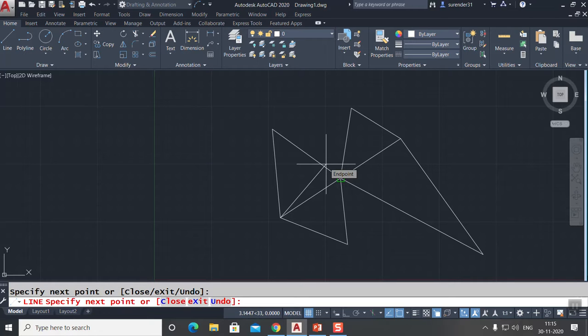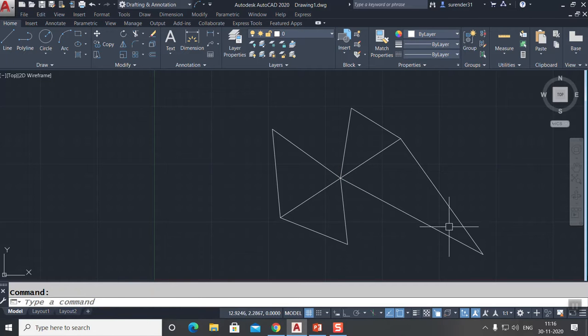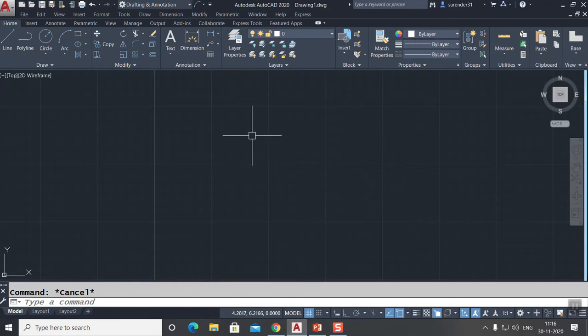Now why is it not showing me the midpoint? The reason is, what AutoCAD understands is, as I place the cursor on an object, it will show me the OSNAP mode related to that object. That is the logic AutoCAD follows about OSNAP modes. If I place the cursor on this object, it will show me the midpoint. If I place the cursor on this object, it will show me the endpoint of that object. If you want to locate any OSNAP mode point on the object, you need to place the cursor on the object. So this was about endpoint and midpoint.